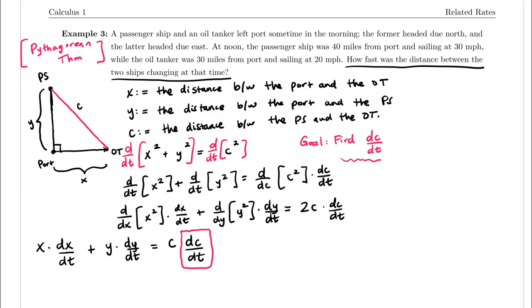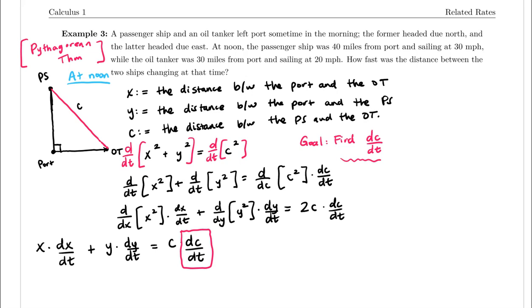All right, so let's look back at the given information. It says at noon, the passenger ship was 40 miles from port and sailing at 30 miles per hour. So this diagram that I've drawn is specifically at noon, or 12 p.m. We've frozen this instance in time because we took a snapshot picture. Normally, the passenger ship and the oil tanker are moving, but at this one instance where I've snapped my picture, I can figure out these